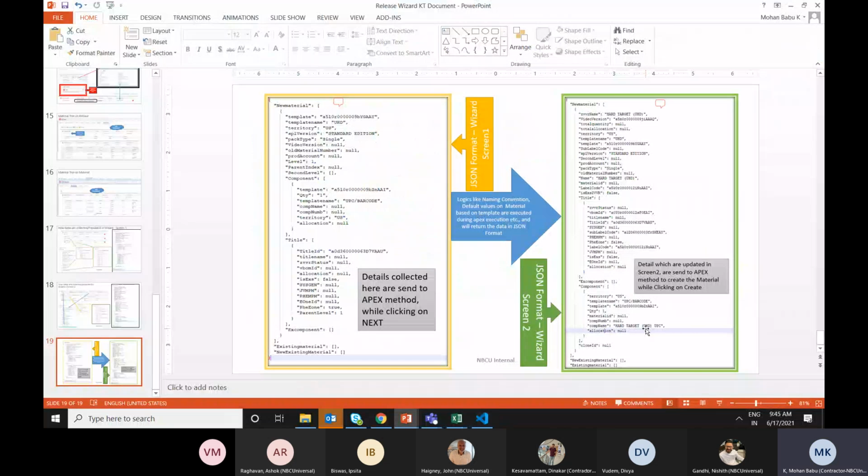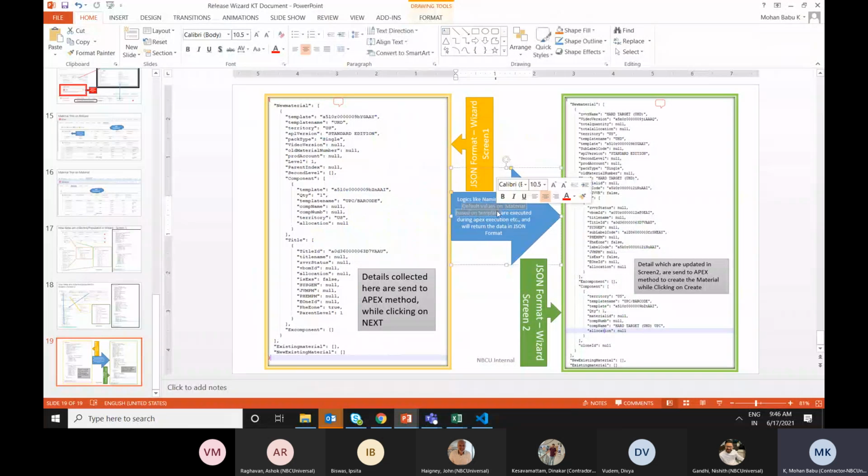One thing you can observe here is that the naming convention should be populated during the creation of the material. But if you are creating from the wizard, when we click on next, the naming convention logic runs, and when we click on create, we should not run the naming convention logic. If you create the standalone material, all the logics are run at a time. But if you are creating from the wizard, some of the logics like the naming convention and the default fields from the video versions are split.